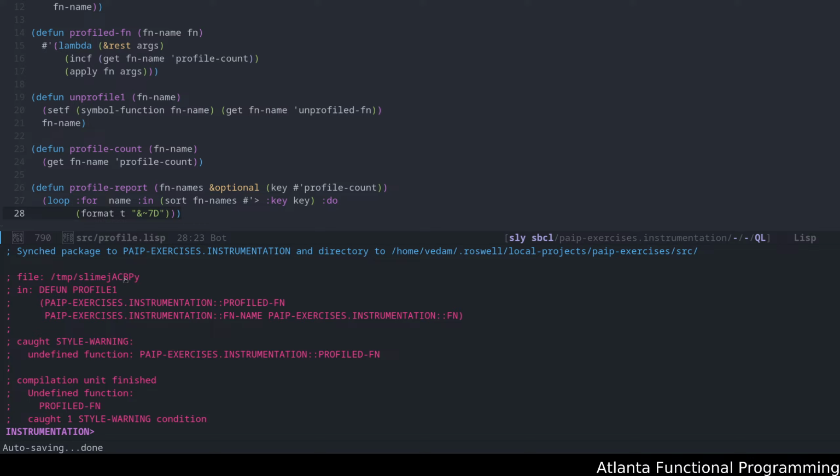If I remember correctly, it's going to be in the pretty printer options. Not this one, that's conditional newline. It was in the printer operations. No, not that.